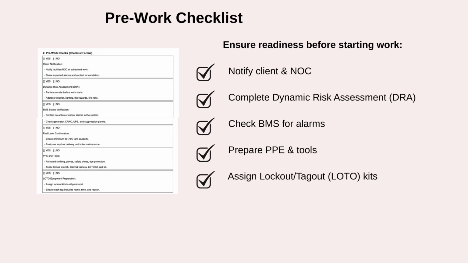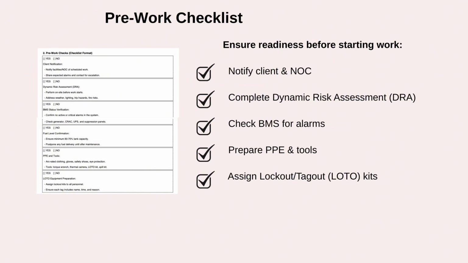So this is very crucial. Assign and label LOTO kits. That's lockout tagout, a safety system to make sure no one accidentally energizes a piece of equipment while someone else is working on it. For example, when we isolate a generator feeder breaker, we lock it in the off position